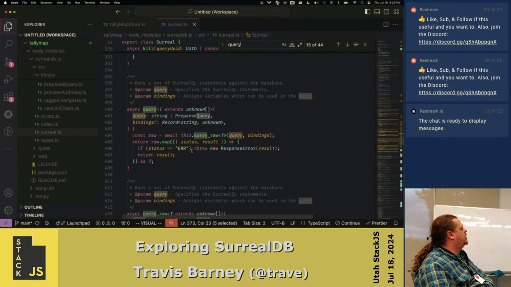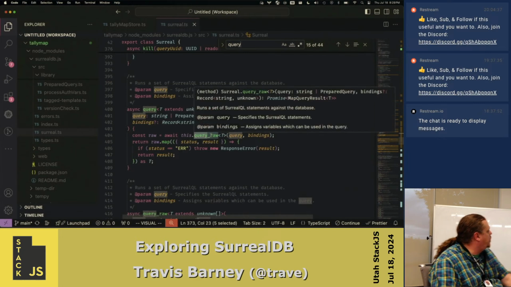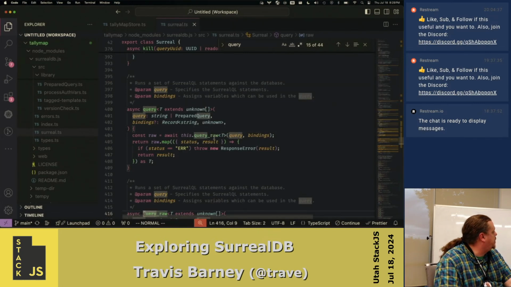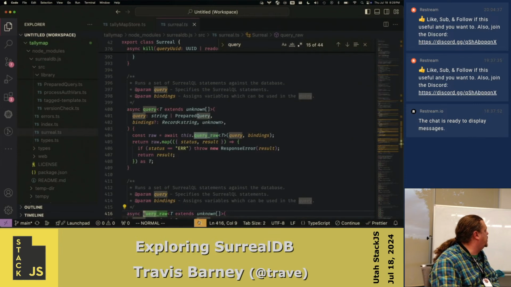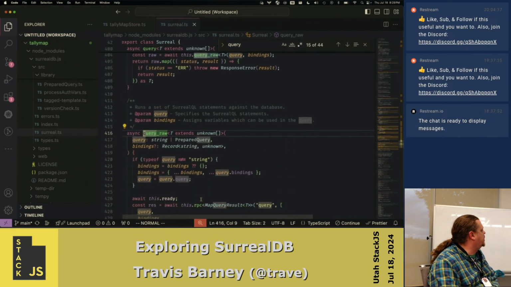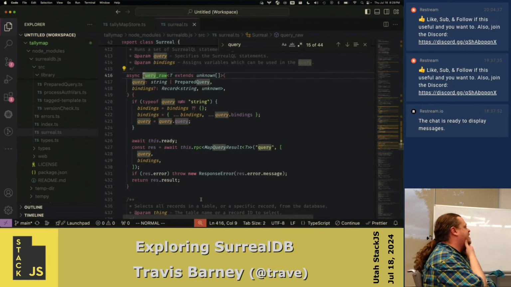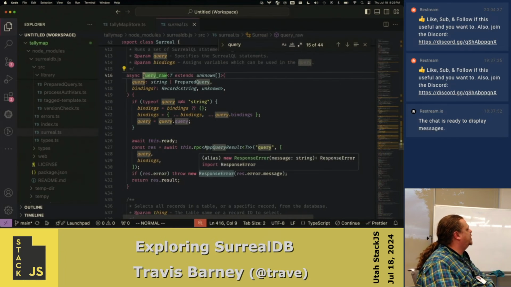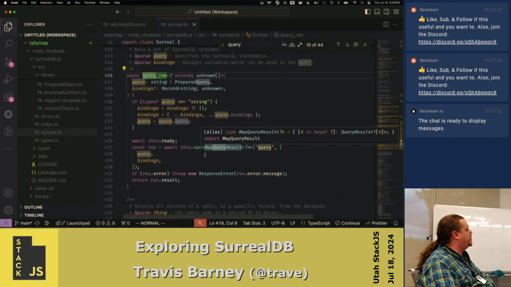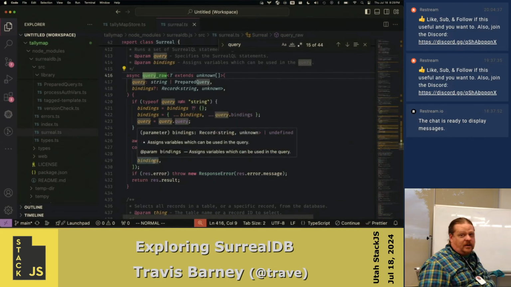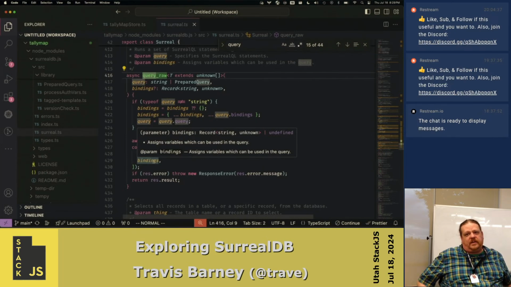Suddenly people are dropping. It takes a binding and it uses query raw, passes in the bindings there. Where does query raw go? Oh, right underneath you. Wait, what? We're looking at Rust now? No, this is the JavaScript SDK. So it makes a remote procedure call with the query and passes the bindings as an argument. So it's doing something with the